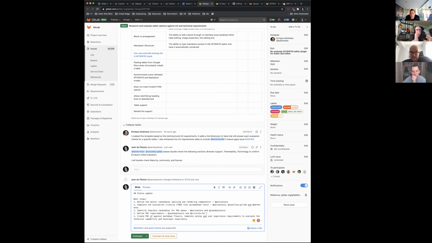So he has to input in, and the user experience requirements, and then create proof of concepts against specified requirements to evaluate technical capability and developer experience. And this will be